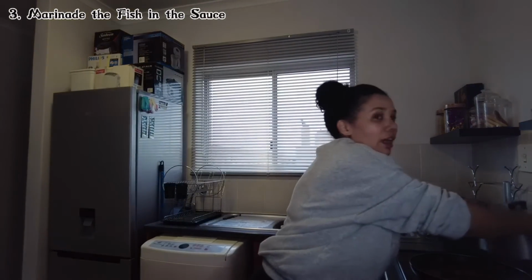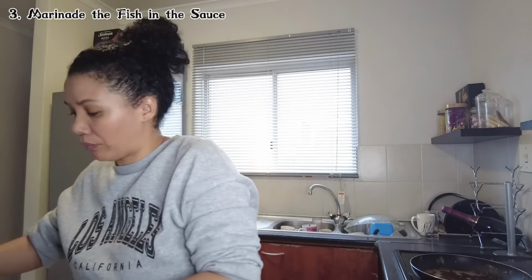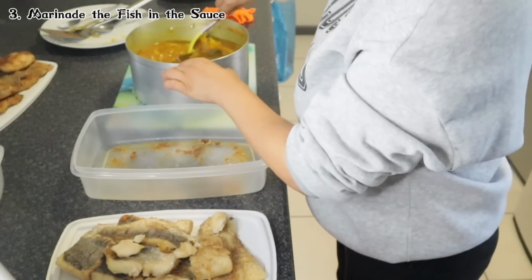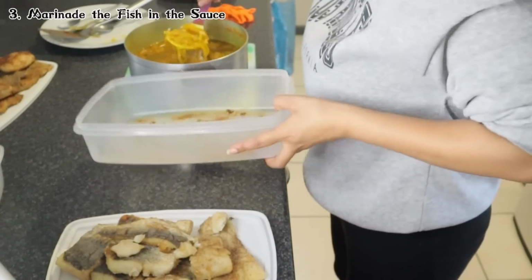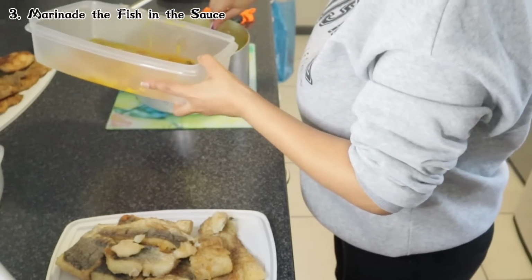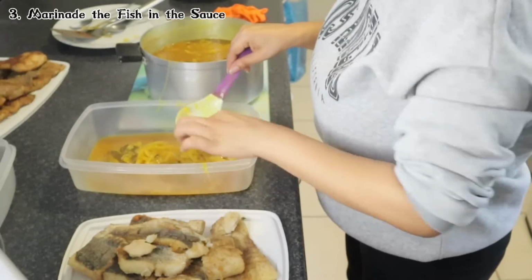Just going to put my pot over here because the pot is still hot. So you have to be careful with this pot, and we are going to start with just giving it a stir and then adding some of this at the bottom with that goodness in. Okay, that's our first layer,